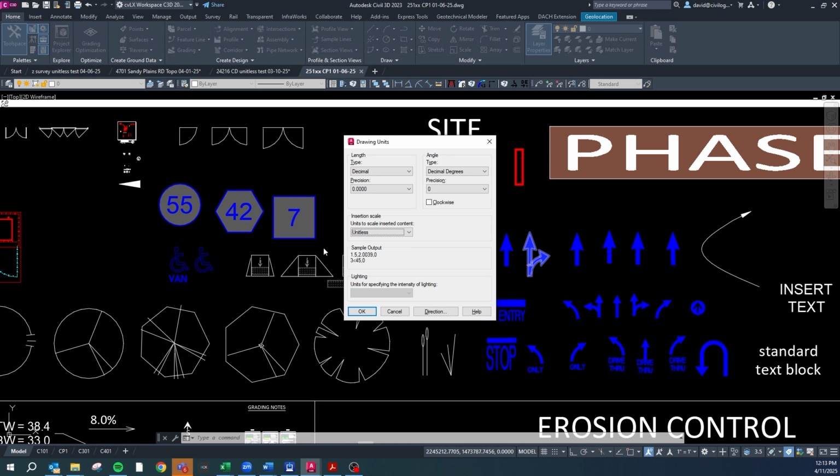Whereas if you leave this in Unitless, there's not going to be any conversion made. We recently found out that some surveyors use US survey feet and other surveyors use international feet, and there's a difference of about 2 parts per million. So if we select feet for our units and then we obtain a survey that's in US survey feet, it's going to make a conversion, which over the course of the site is not going to make a big difference,